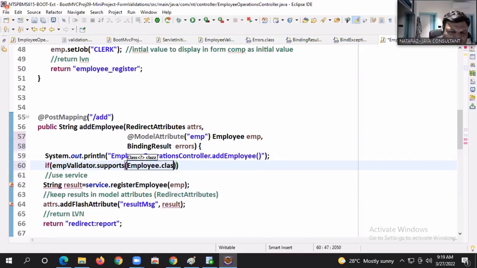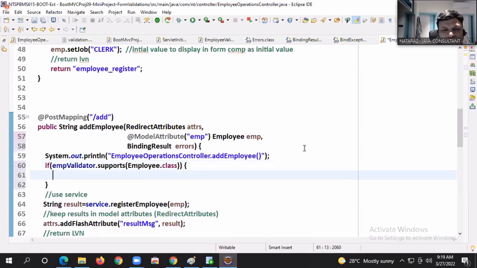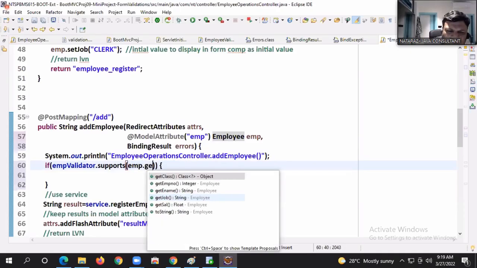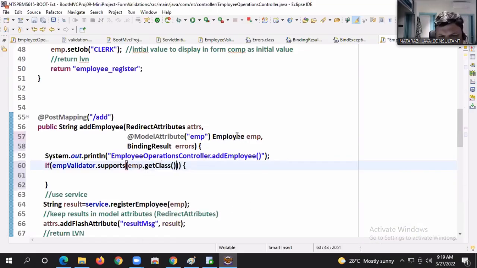Employee dot class. Now, if you don't want to pass like this, you can pass like this: emp.getClass(). Anyhow, the command object, sorry, model object is there. If that is true,